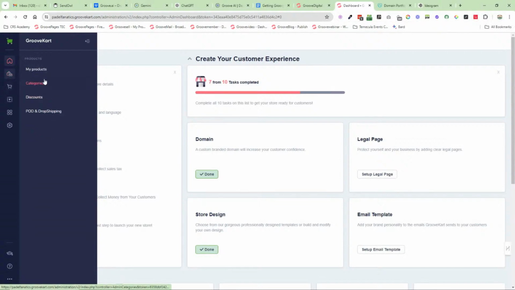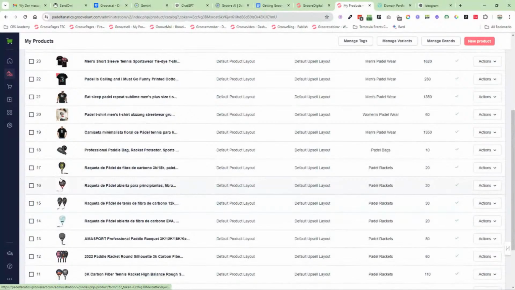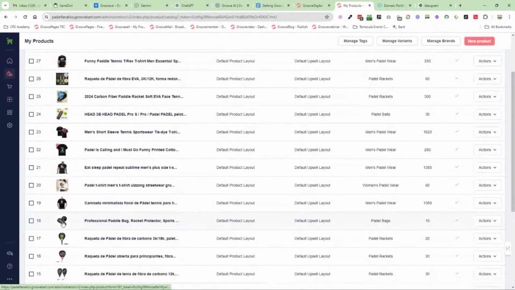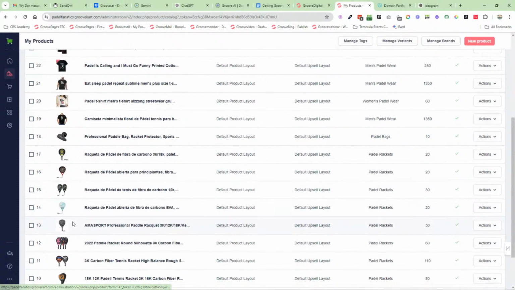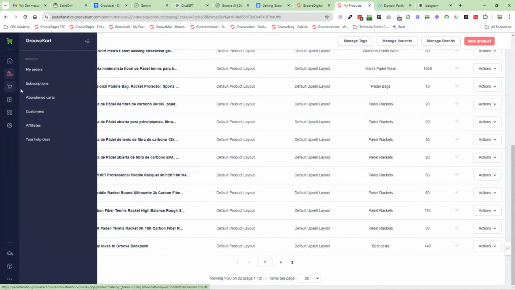In fact, if I show you, I think one of my team have added some of the products that we've already ordered from the provider on AliExpress. I want to make sure they're legit. I've tested them myself, the paddle rackets, the trainers, etc. So all of this equipment, I've got one each of every single one of these. I've probably got 25 rackets right now that I'm now selling off again. But I've tested everything to make sure that the provider is giving me good quality stuff. I don't want to sell rubbish.